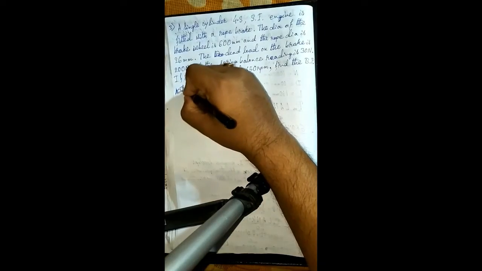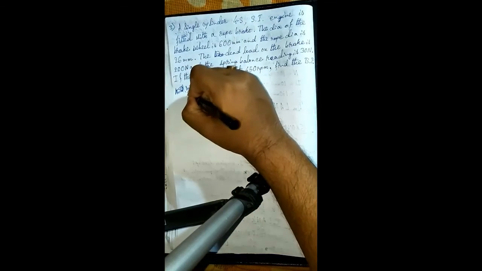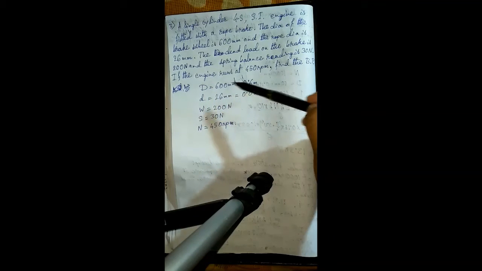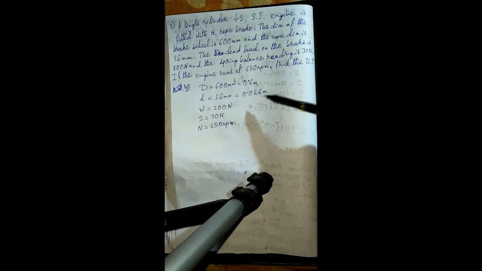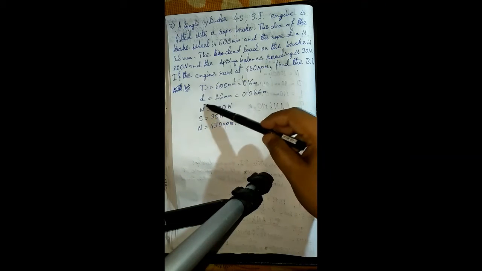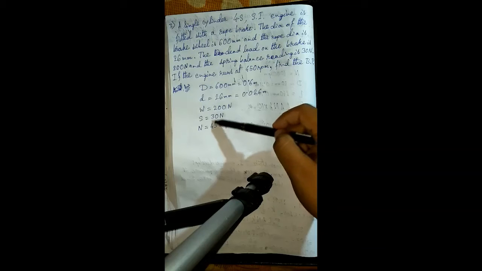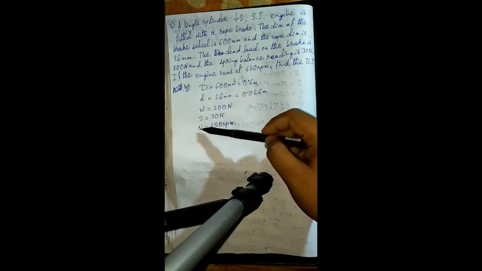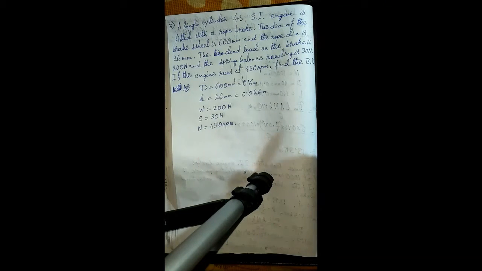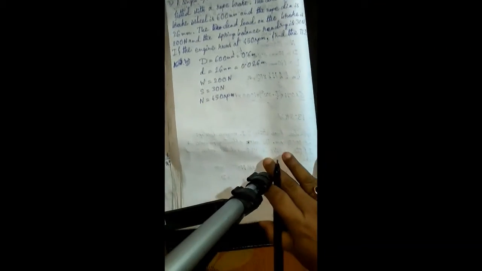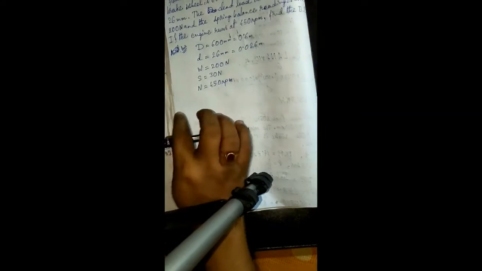So the dia of the brake wheel is 600 mm, that means 0.6 meter. Rope dia is 26 mm, that is 0.026 meter. Dead load W is 200 Newton. Spring balance reading is 30 Newton, and the speed is 450 rpm. Okay, so from the rope brake dynamometer experiment,